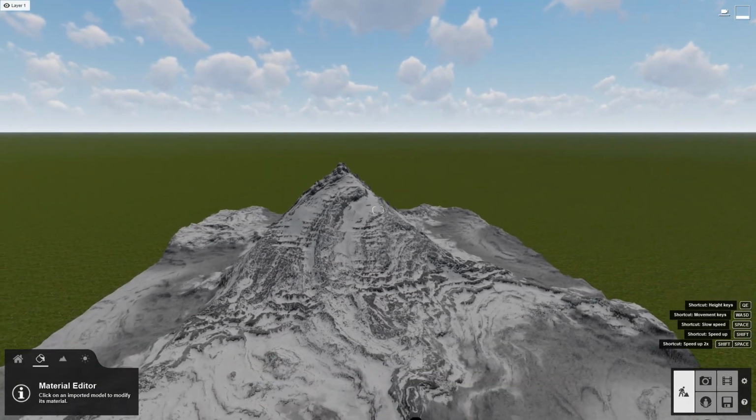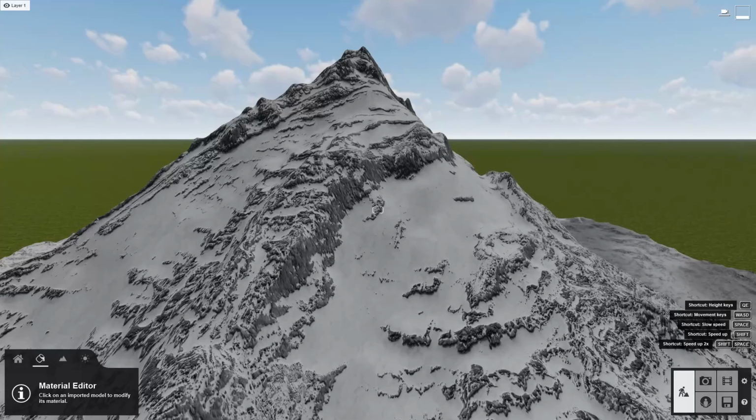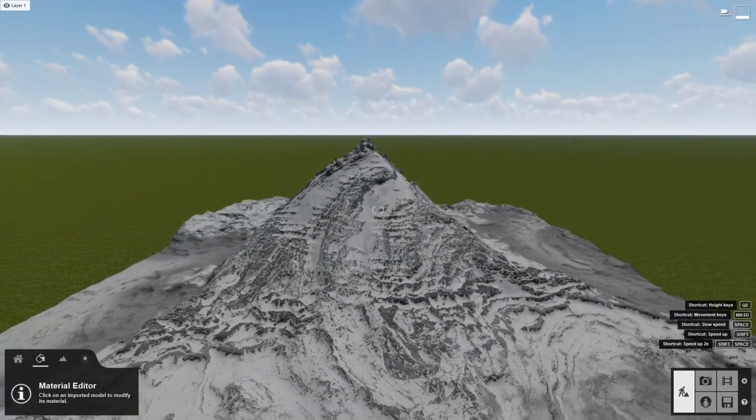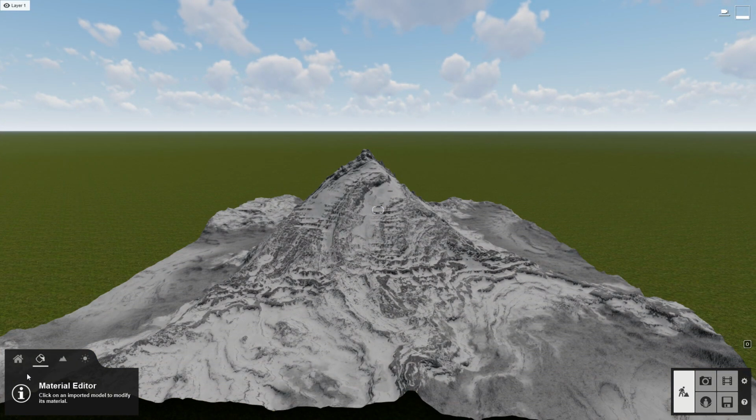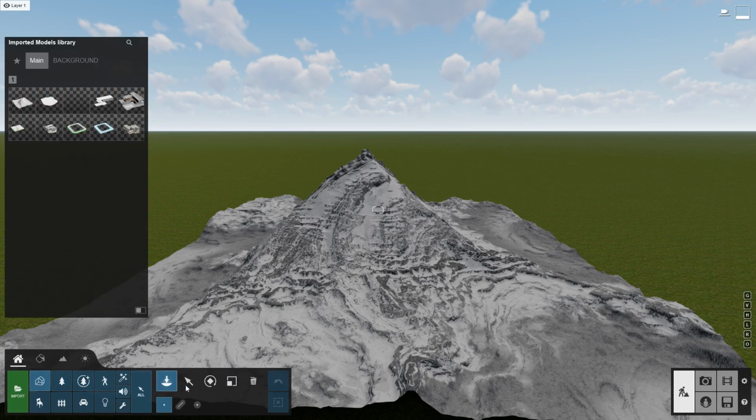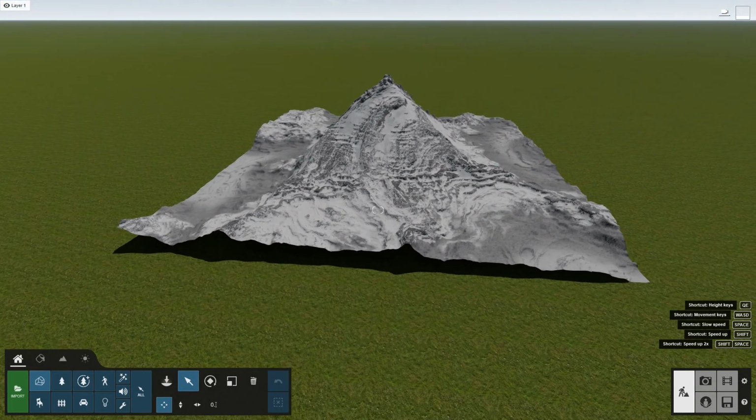There we go, that looks great. Our mountain looks beautiful even up close. Not like it matters, but I just wanted to show you that. Now let's move back a bit to look at the mountain. For this part, we will need to position it.